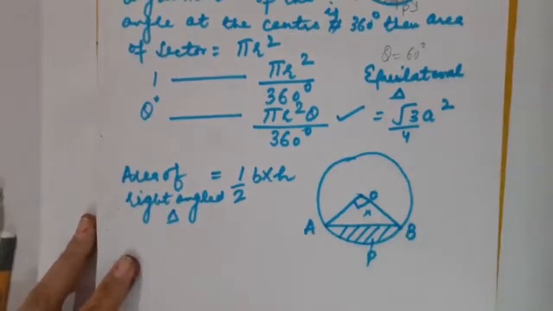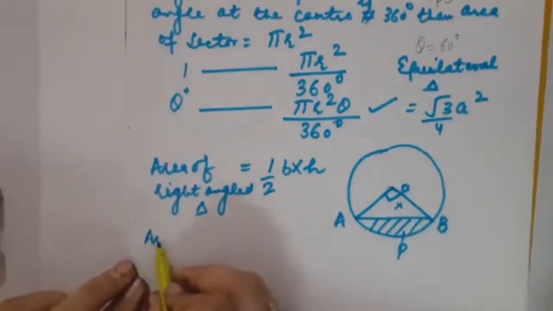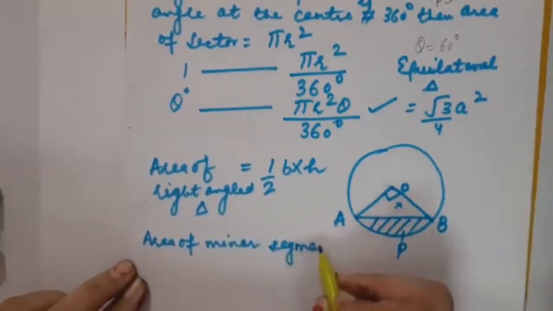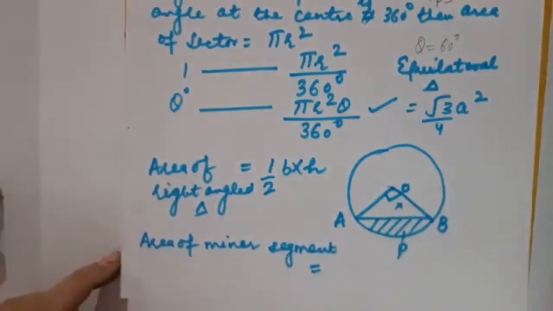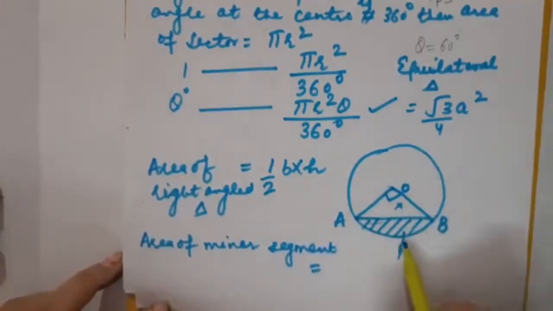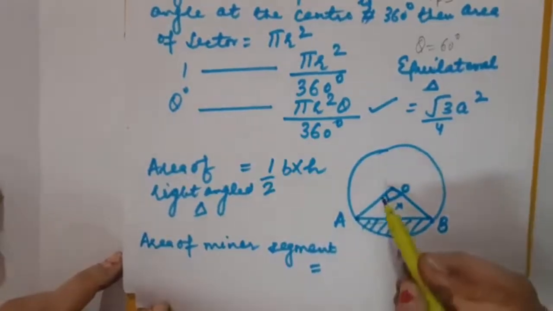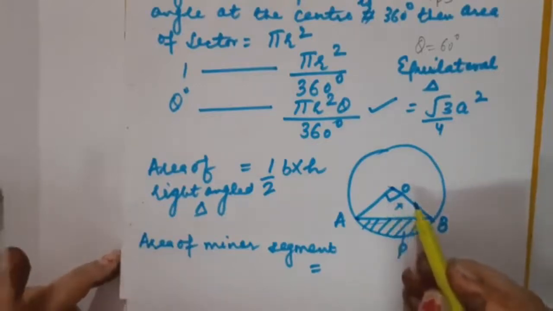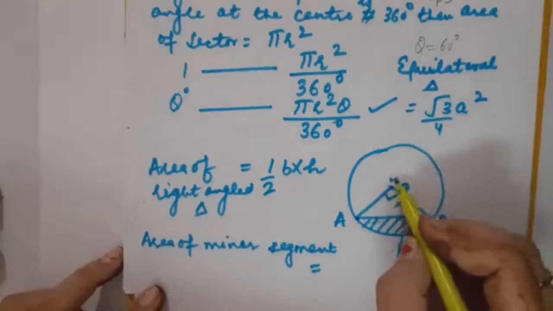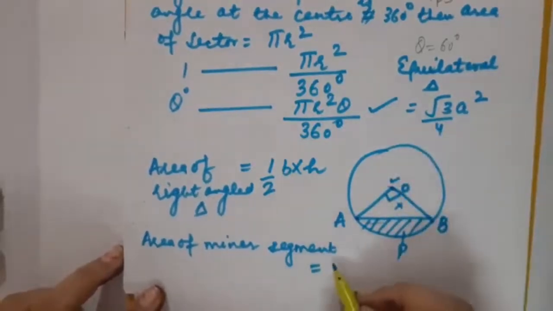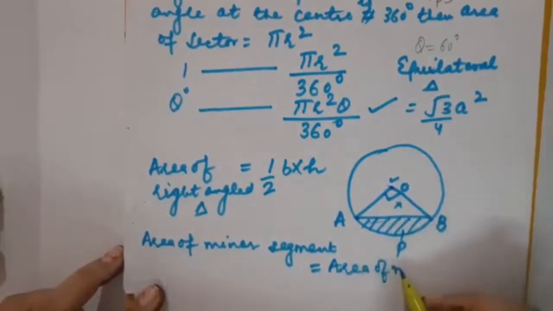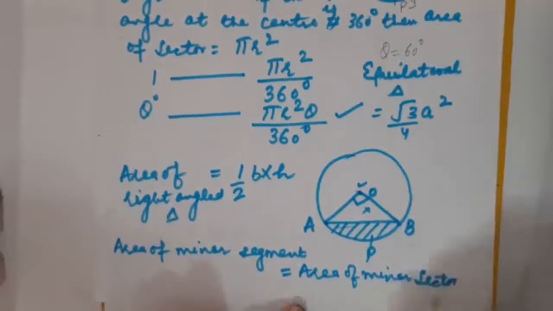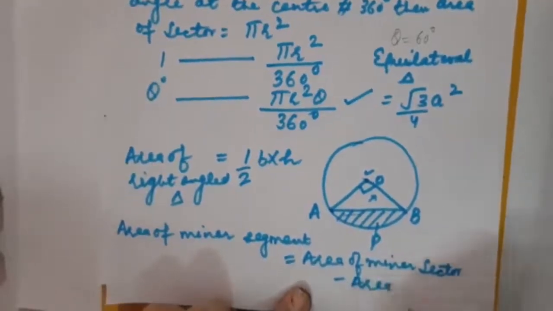Understood or not? So children, can you speak what will be the formula of area of minor segment? Here we are dealing with minor till now. I have not switched to the major one. So this is minor segment, that is APBA. How to calculate its area? Area of sector minus area of triangle. That depends on what kind of triangle it would be. It basically depends on the center angle. Clear? So it will be area of minor sector minus area of triangle.